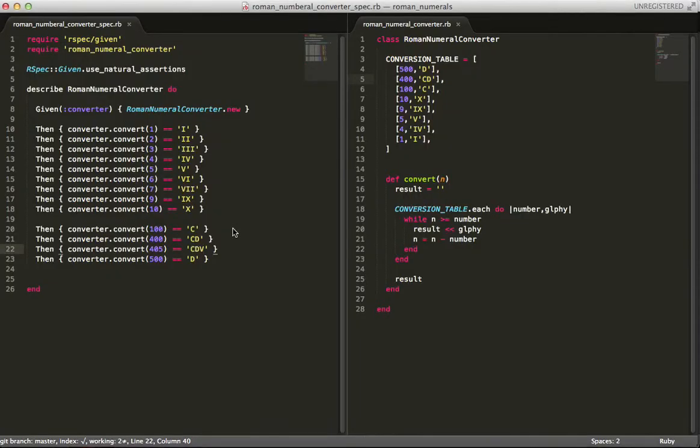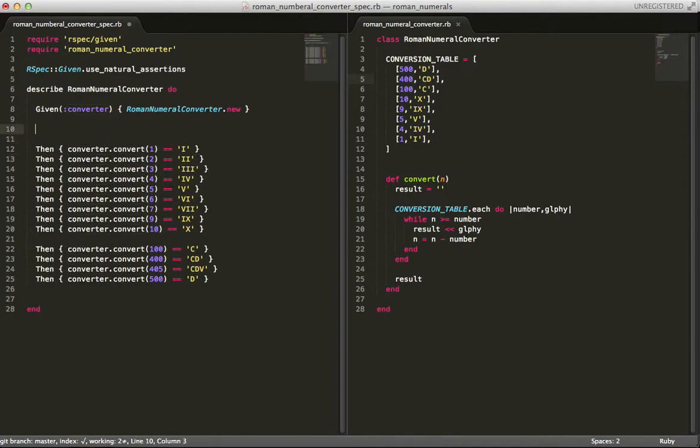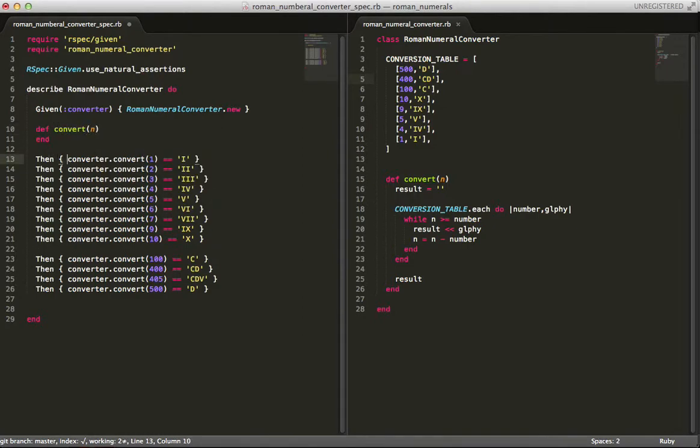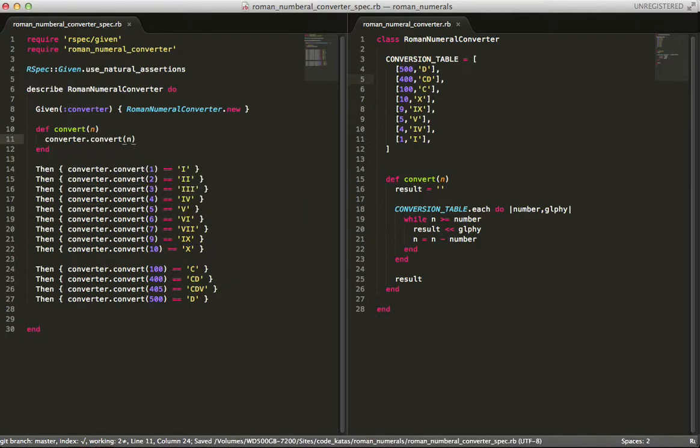Yay! Okay, so you can go ahead and complete the test cases for all the special cases that we have in the Roman numeral world. But before we finish, I think we can still refactor this a bit because I see a lot of duplication here. And I think I can just do def convert_number, and I'll just put the number here,